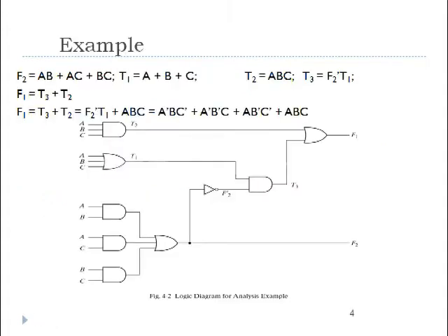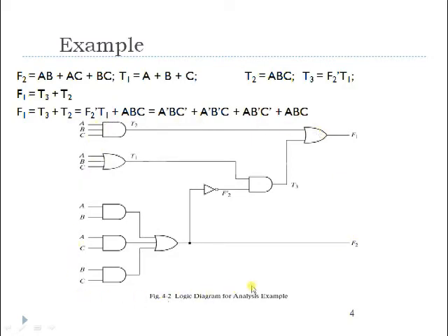Now let us see with an example where I have taken some expressions. Based on these expressions I have drawn a logic circuit. This we have already seen in the previous sessions. F2, T2, F1, these are the output labels of the gates, and A, B, C are the inputs. So for the given expressions I have drawn this kind of combinational circuit. We call it a combinational circuit. Why? Because it has inputs, it has outputs, along with it has the logic gates.